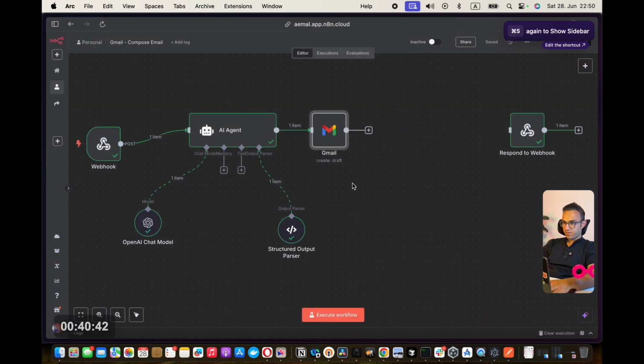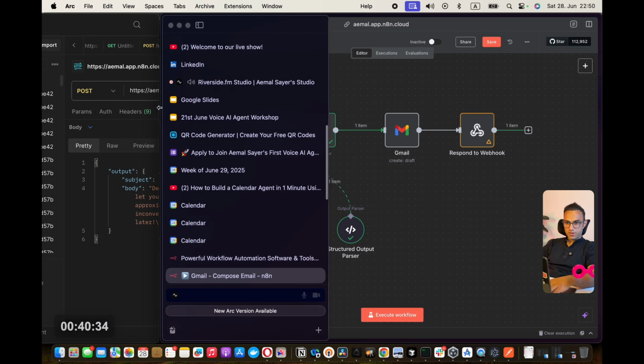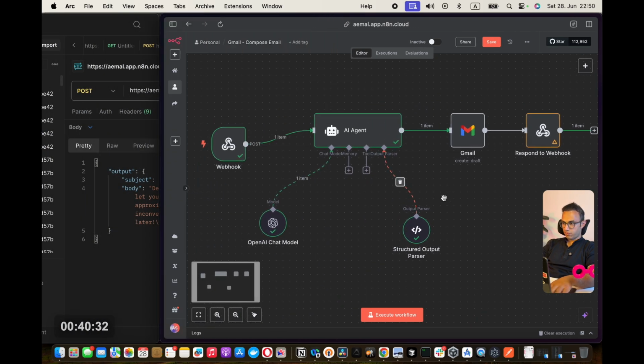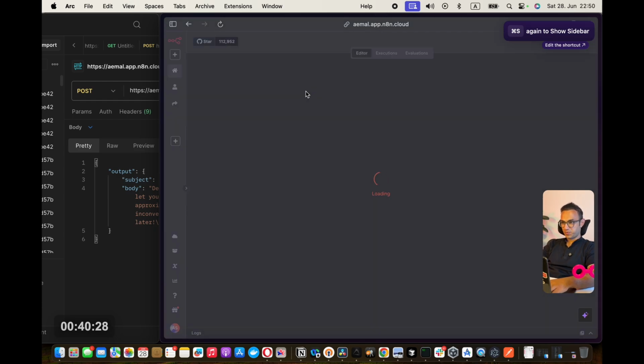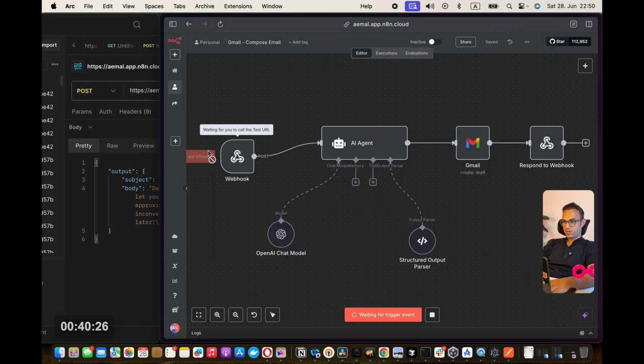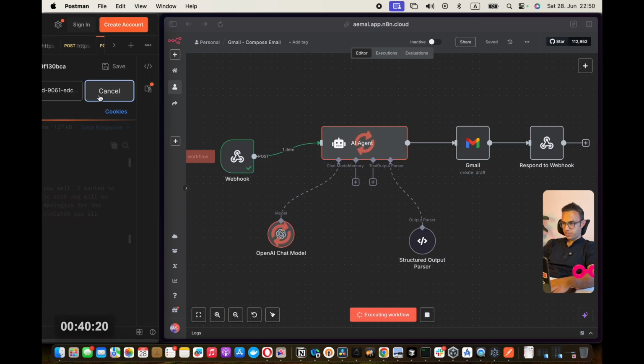Now if I save this, connect it back here, keep it like that there, and now execute the workflow one more time. Obviously after refreshing that bug that we know about in n8n. So now what we are going to do is send.